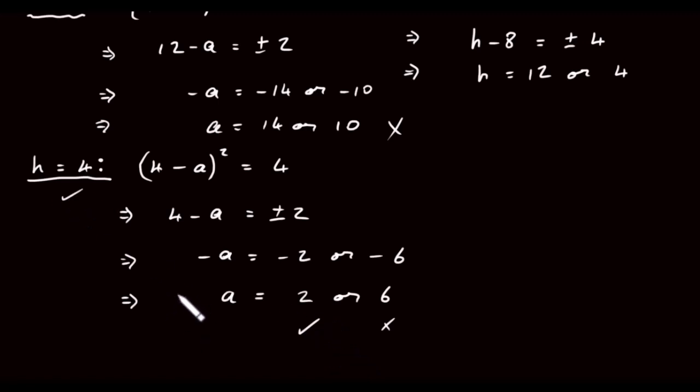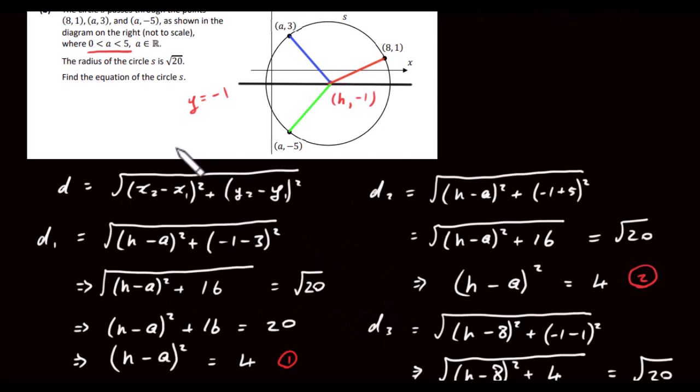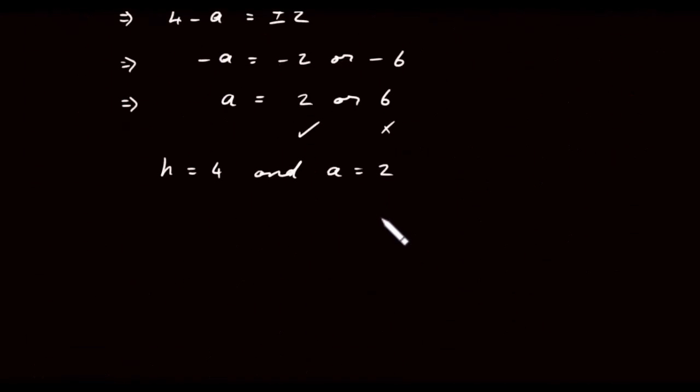So these are our two answers, if you like, to this part of the question anyway. So h is equal to 4 and a is equal to 2. So the question asks, find the equation of the circle S. Find the equation. So we now have the center and we have the radius. So the answer then is